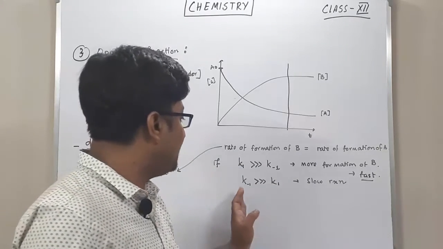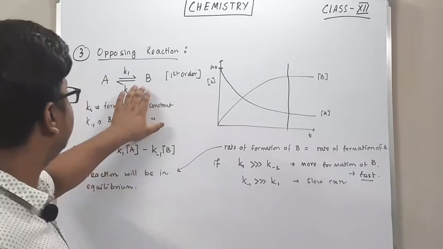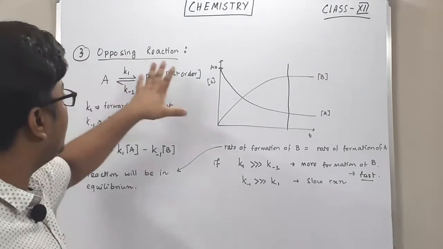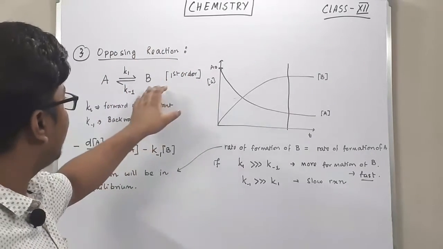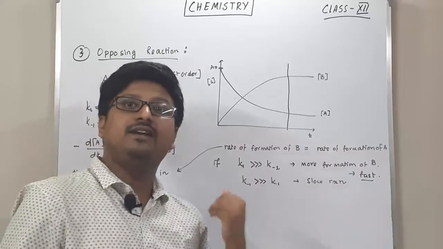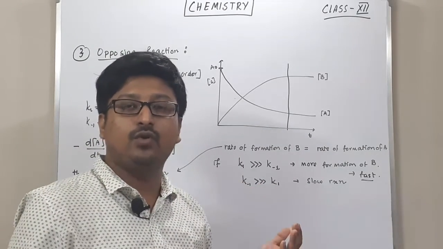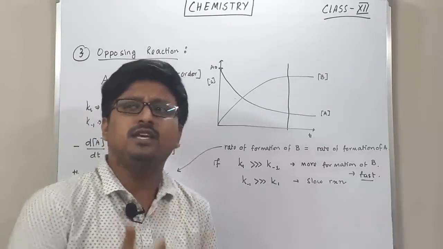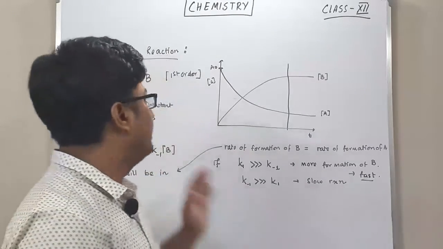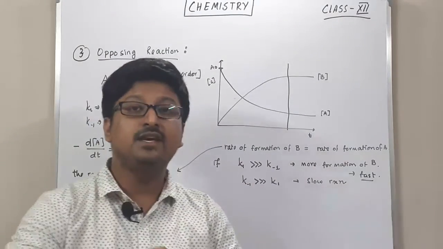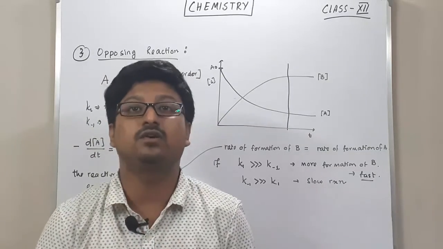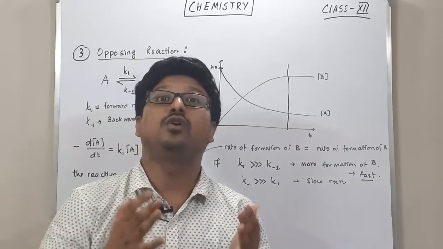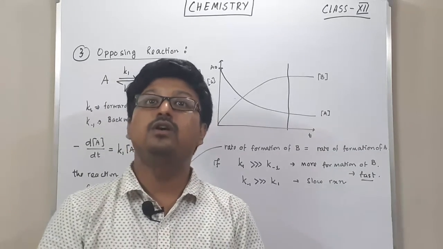So basically, let's say the backward reaction is very high, I will introduce some condition that will reverse this, so the rate of the forward reaction will be a little bit faster, and that will influence the formation of the product. This way you can play around with the reactions, and this is all from your opposing reactions. Together, the parallel reactions, the consecutive reactions and the opposing reactions, we will see as complex reactions. Now this is all from your complex reaction.